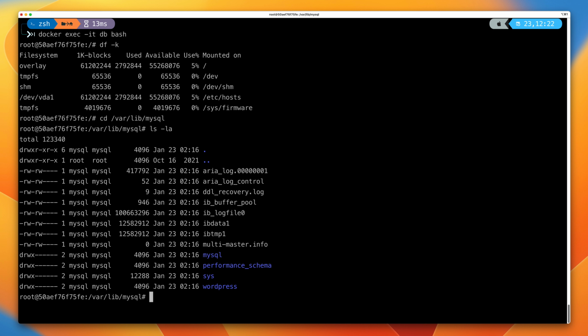These are the files which actually store the data of the MariaDB database engine. And all of this is stored within the container. It means that if we delete the container, then all of the data within this container is also deleted. And that's a limitation that we're going to fix in the next demo component of the course, where we're going to look at configuring separate storage for our container using named volumes and bind mounts.